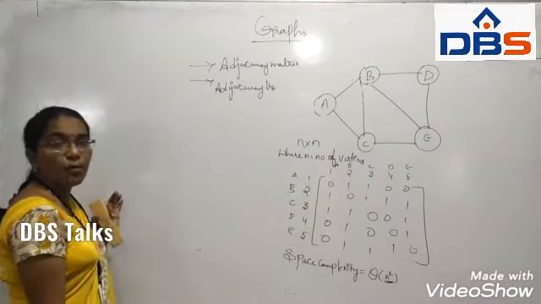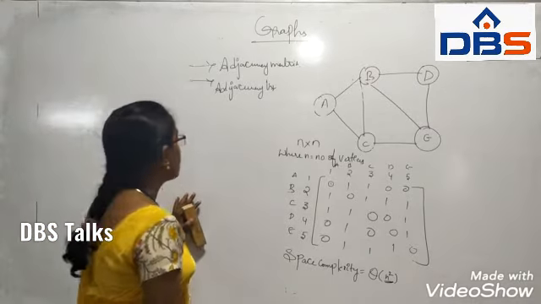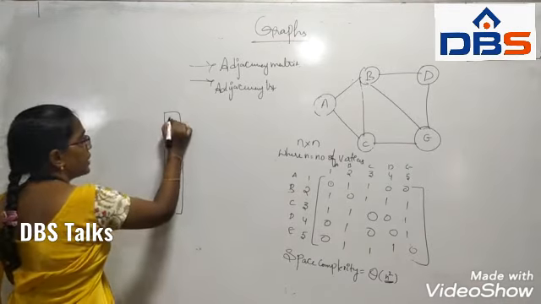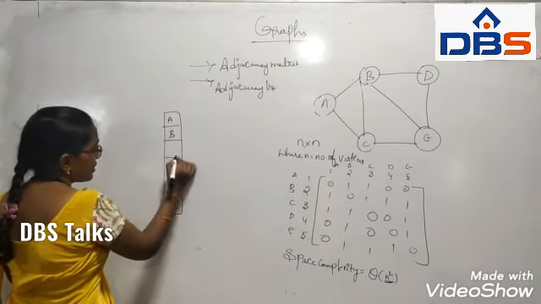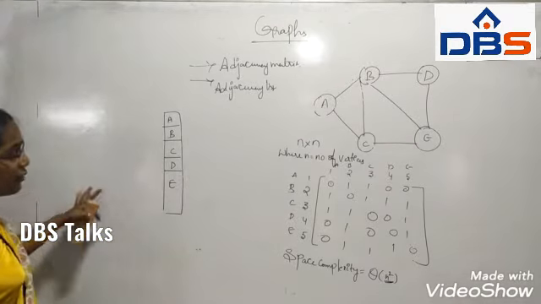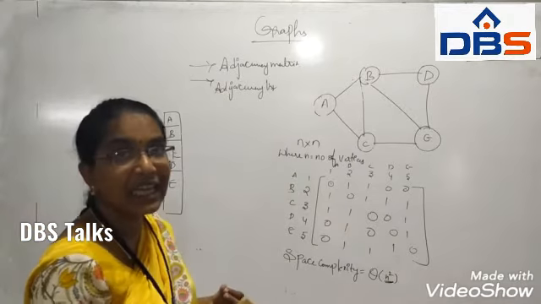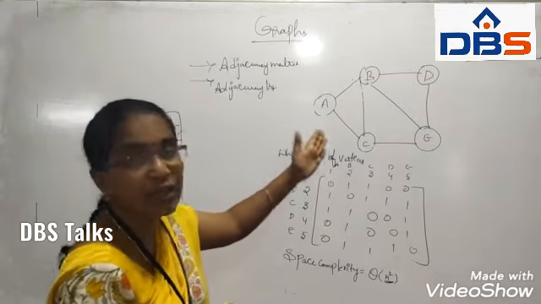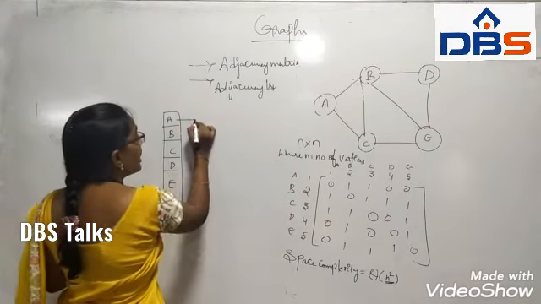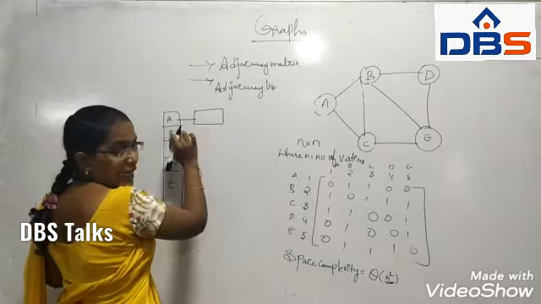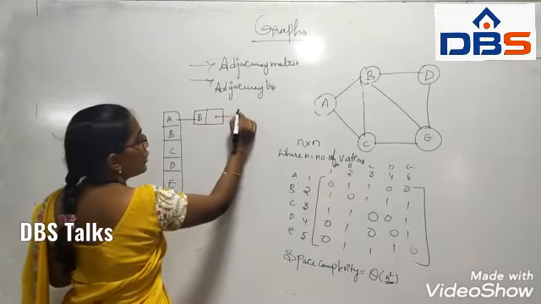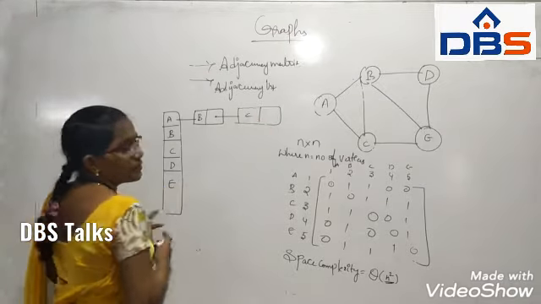See, for this graph how many vertices do we have? We have 5 vertices: A, B, C, D and E. From this you are going to create the link, whether it has a direct link between one node and another node. Okay? From A to B we will have one link. So we have to create a node and we have to create a link to that. A to B, next A to C. Okay?